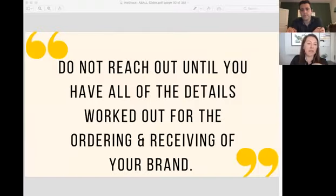So if you don't have that stuff worked out, don't call on buyers yet, because the buyer doesn't have time for you to get back to him or her once you figure out how much it will cost to ship your product to their store, or once you have time to think about your promotional allowance that you can offer, or if you confirm the lead time, or if you'll do guaranteed sales, or if you'll demo 3 times